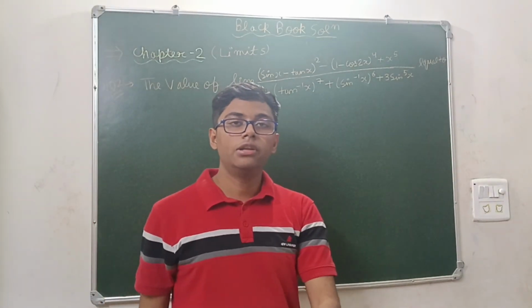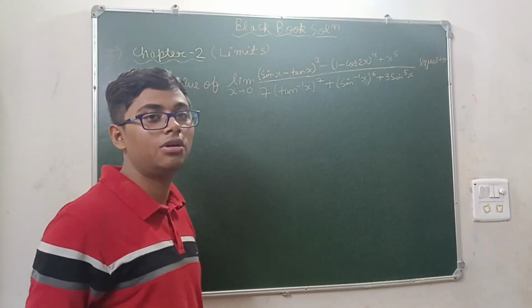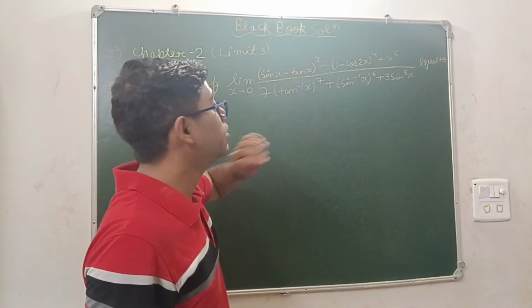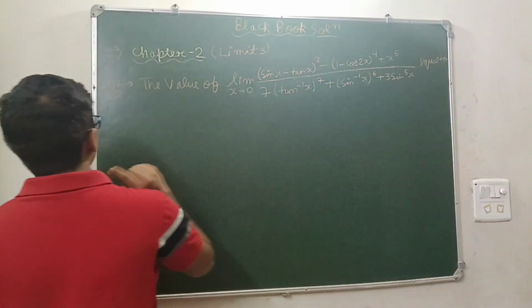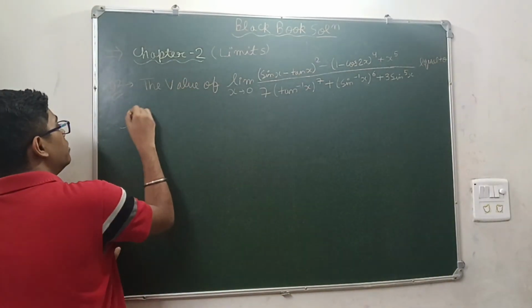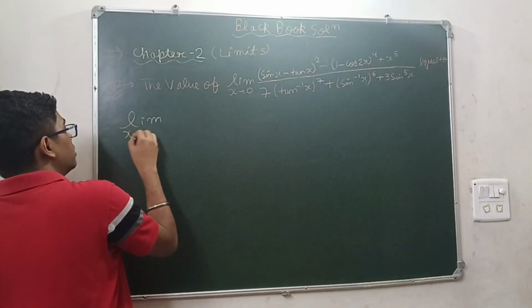Now, whenever you get a limit question, just check the form. This is 0 by 0 form, and whenever 0 by 0 form is there, you have to apply the L'Hopital rule. But here you can't apply L'Hopital rule because this question will become very lengthy. Okay, I will tell you a shorter and a very simple approach. You need to remember 2 to 3 standard limit results. Okay, I am writing it here. If you don't know these results, you can just read it from here.